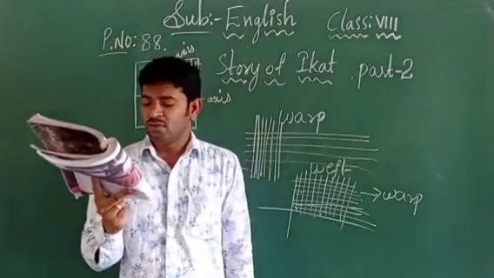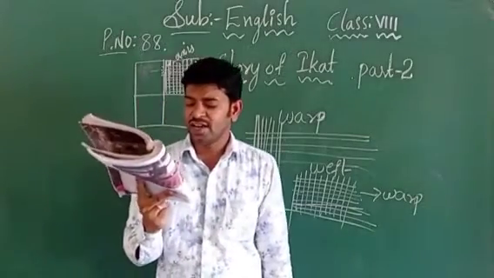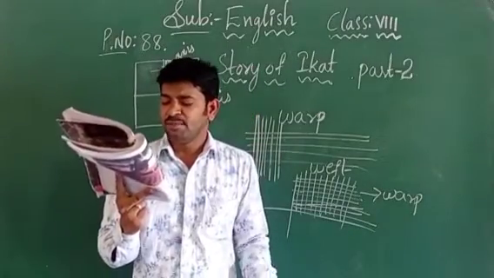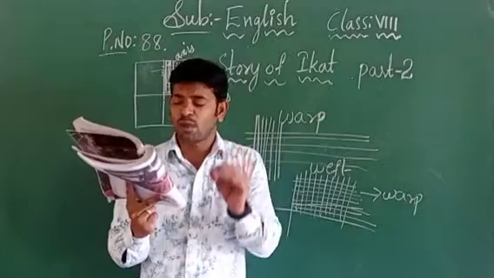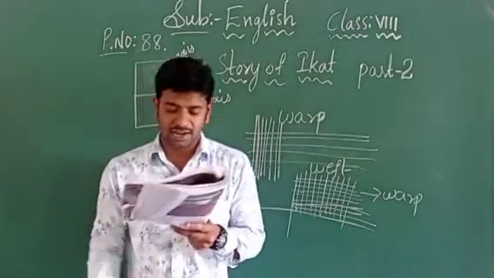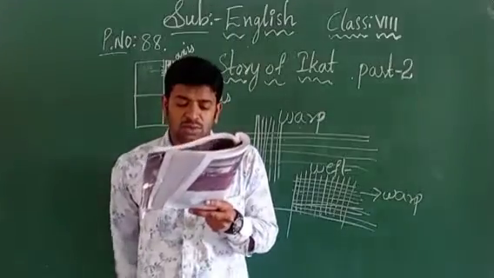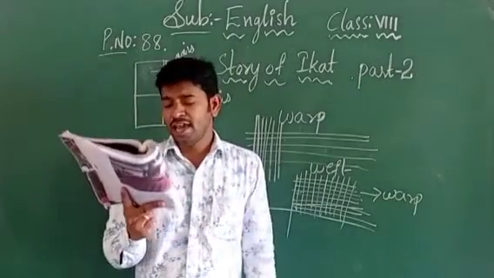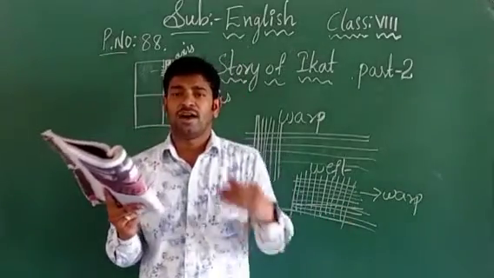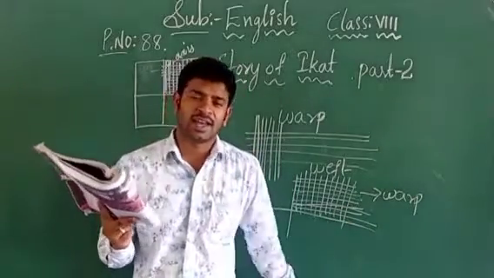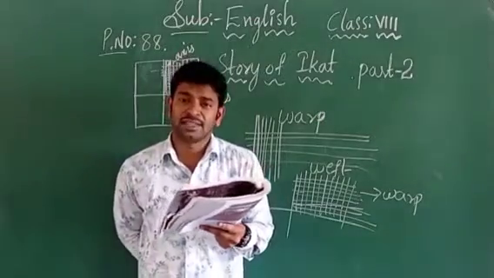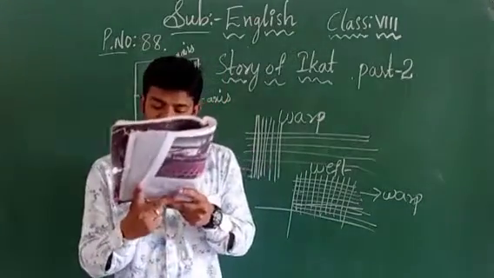So what is the characteristic of Ikat? The characteristic of Ikat is chitiki, the small and small dots of color given to the thread. Now they chorused. Chorused is nothing but the children sitting in the class began to make noise by repeating the same word. That is called chorused.